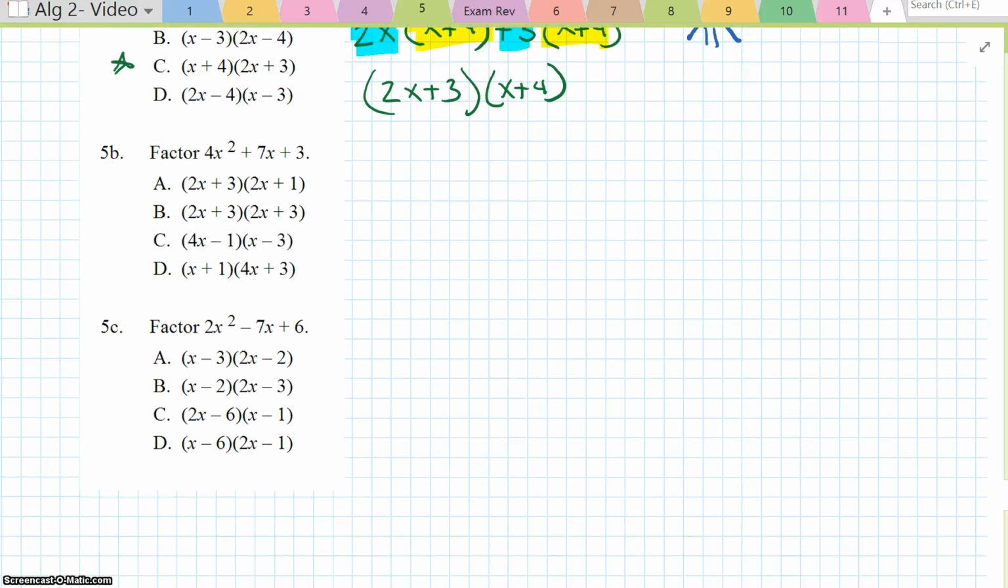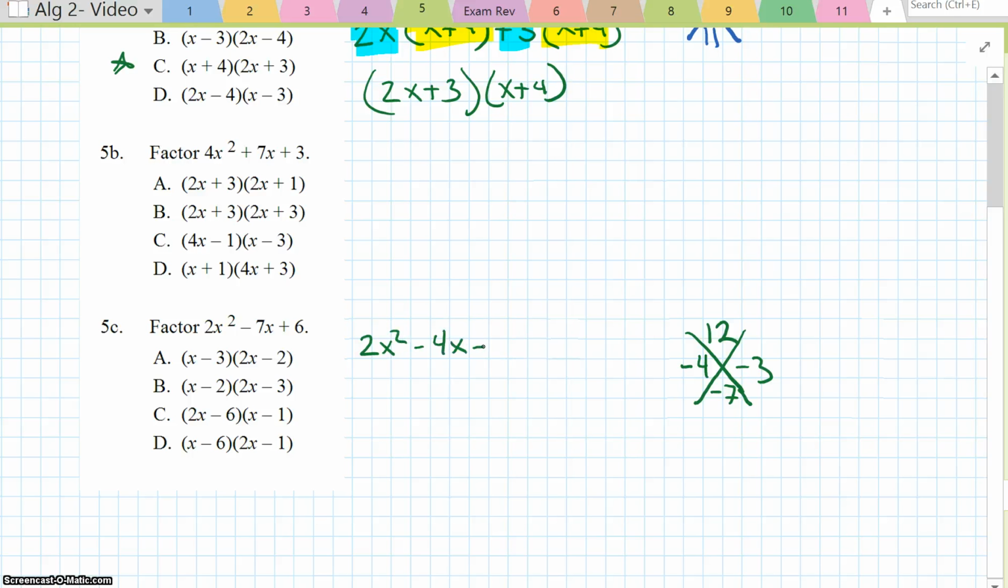All right, let's do the negative one. Let's go to 5C. So our A times C value is 12. My B value is negative 7. So I need two negative numbers that have a product of 12 and a sum of negative 7. So that'd be negative 4 and negative 3. A is not 1, so we're going to rewrite it: 2x squared minus 4x plus negative 3x plus 6. Group the first set of terms. What can we pull out? 2x. 2x times x minus 2 plus, what can I factor out